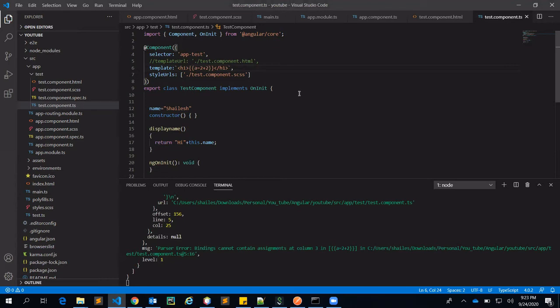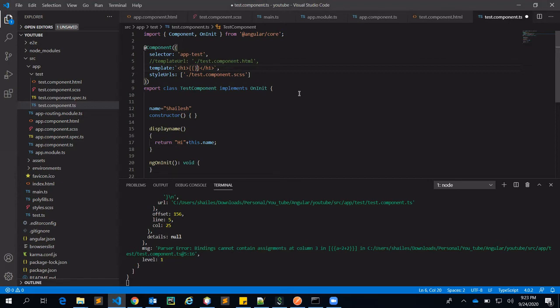This kind of expression evaluation and then assigning that result into a variable, you can't do using interpolation.